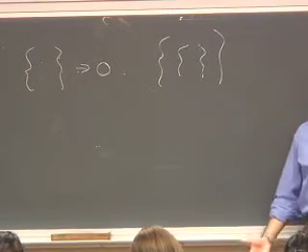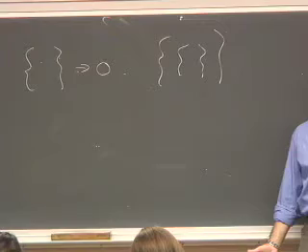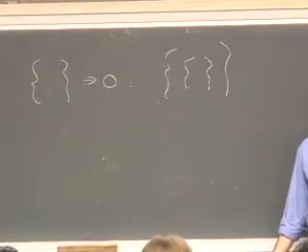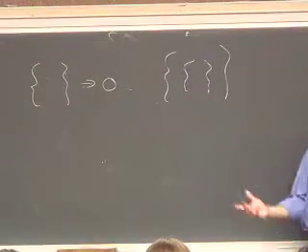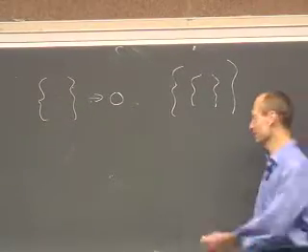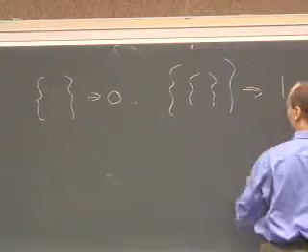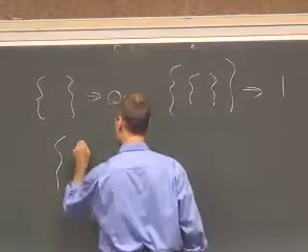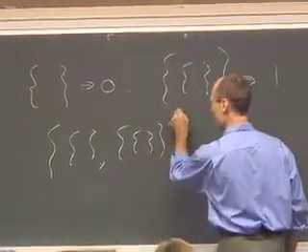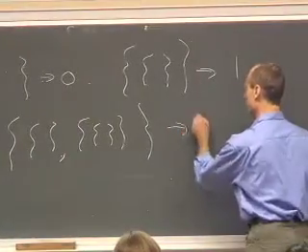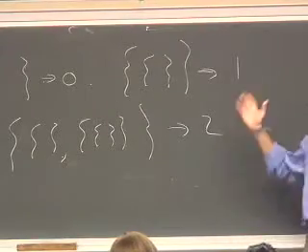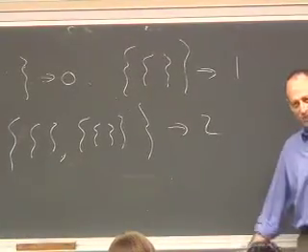Okay? How do you make the number 2? You need a set that has 2 elements. What could those 2 elements be? Well, one of them could be the empty set, and the other one could be the set that contains the empty set. So this is the number 1, and the number 2 is this set which contains the empty set as one of its elements, and the set containing the empty set as its second element. So that is equivalent to the number 2 in this representation. Okay, so they build all of mathematics from the empty set and sets containing the empty set.